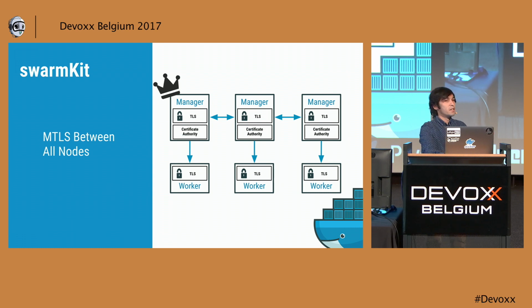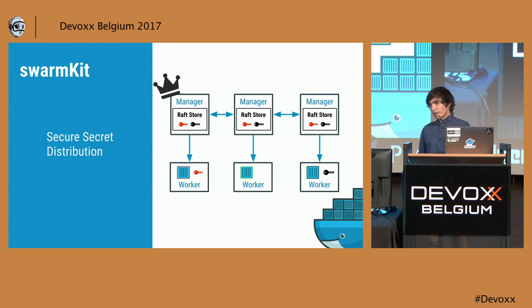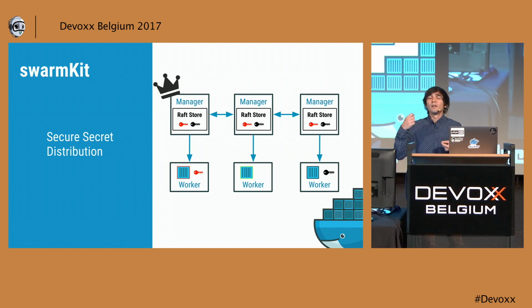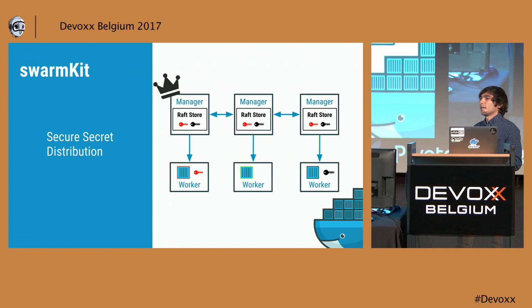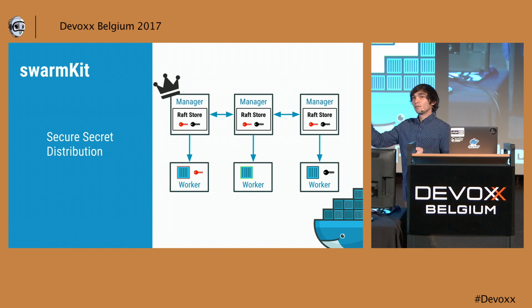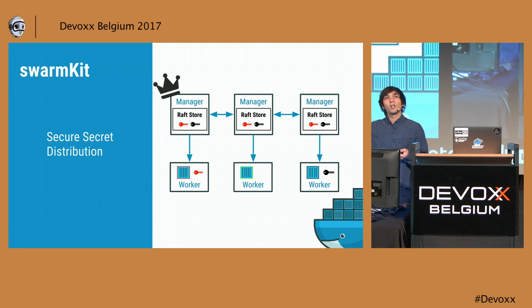Now that you have secure channel communication, you can send down tasks and configurations in a secure way. But we also, in SwarmKit, took a lot of care for secrets. By secrets, I mean database passwords, API keys, anything really that you want to remain private. Of the many features in Swarm, this is probably the most exciting for making your applications safer, because now your database passwords and your other API keys can be securely distributed and stored. The way this works is that by using mutual TLS, we know which node is which,